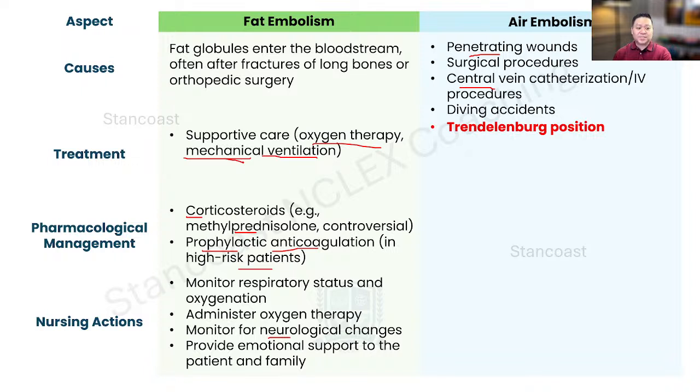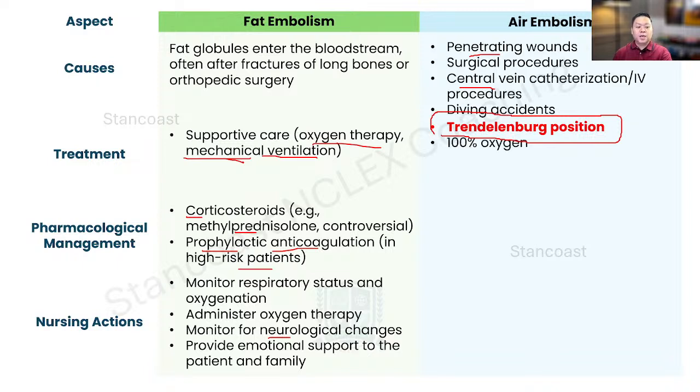What we're going to do here, guys, if you're going to encounter this condition, especially in the acute care setting, if you're suspecting that this patient suddenly developed the air embolism, and you're associating the kind of procedure the patient just had, let's say insertion of the central line or a surgical procedure, you're going to have to put the patient in a Trendelenburg position in order to prevent lodging of the air into the pulmonary artery. That is the primary action that we're going to do.